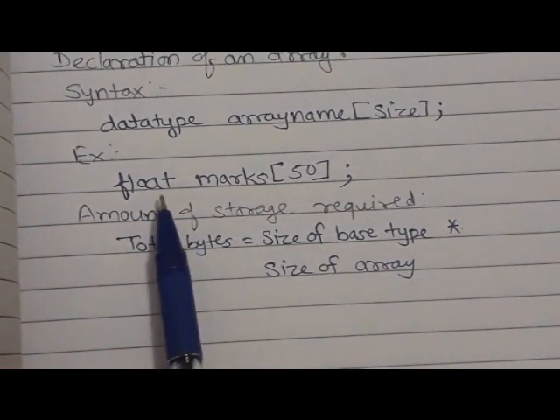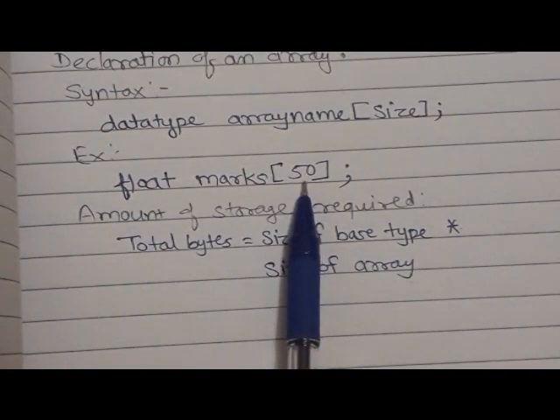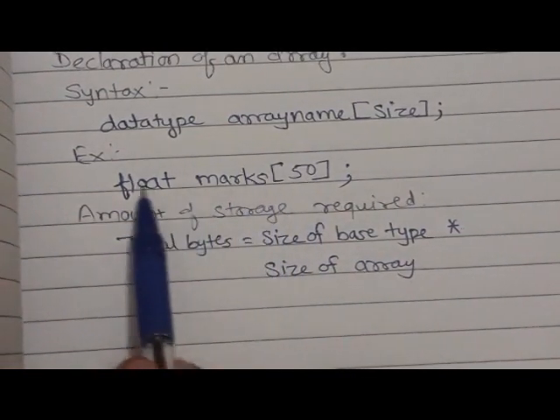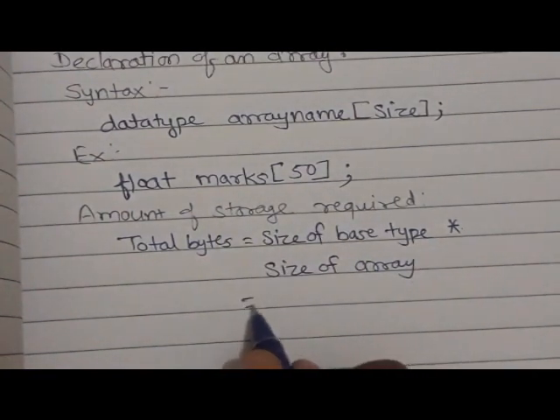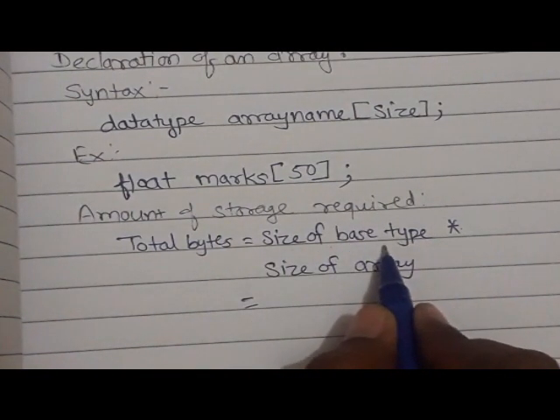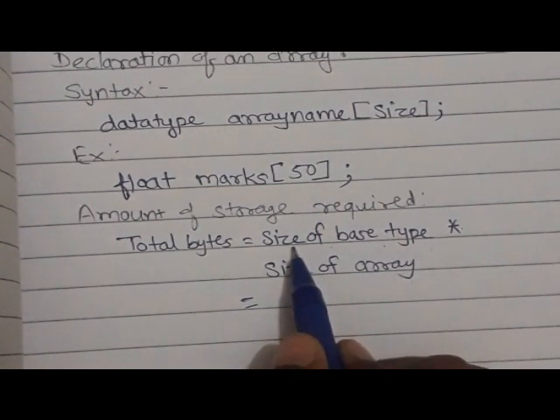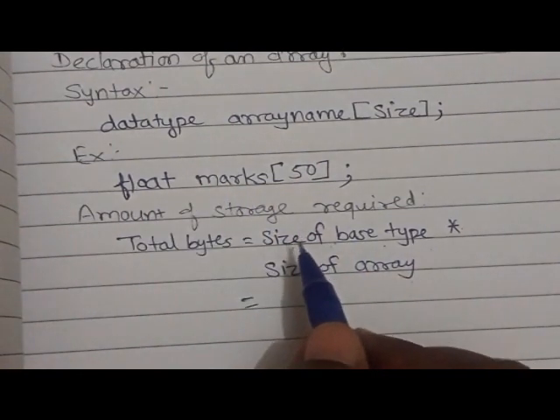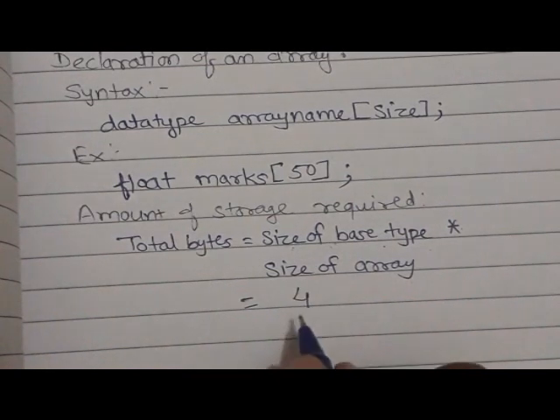We have taken the example float marks of 50. To find the storage required for this variable, we write the size of the base type, which means the size of the float data type. A float data type requires 4 bytes. So we write here 4